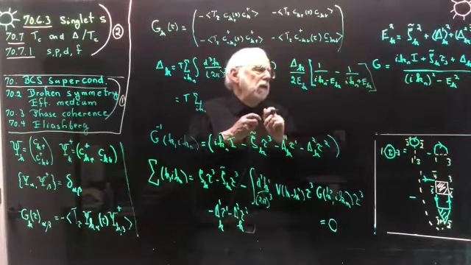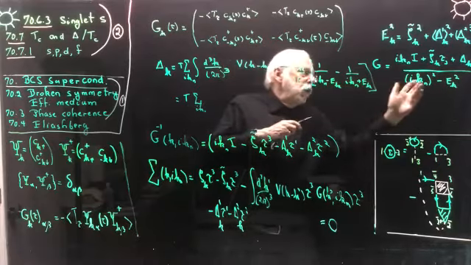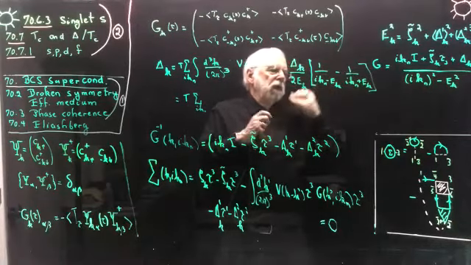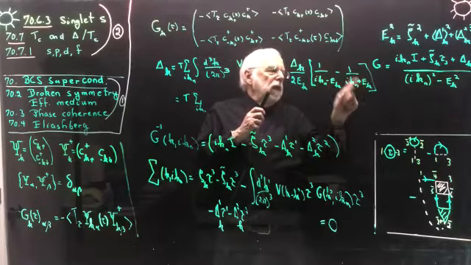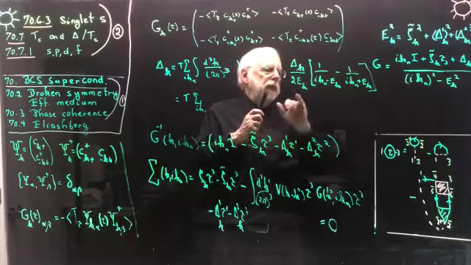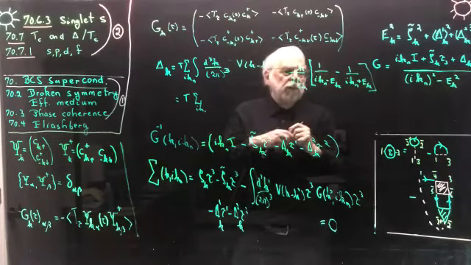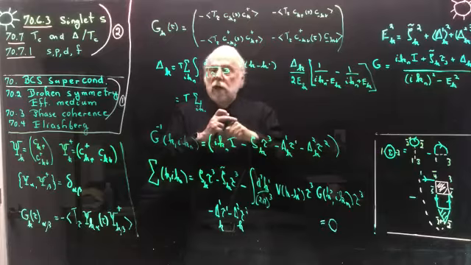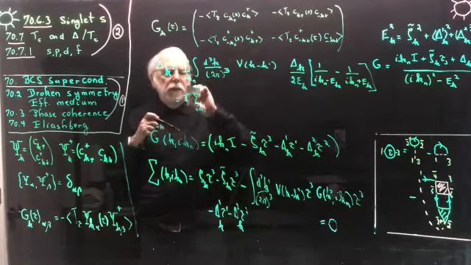Okay, you see what happens here? I put this on a common denominator. It gives me i k n squared minus E k squared. But the numerator, I have epsilon k minus epsilon k, so 2 epsilon k. So I need this because the Green's function was delta over this. So now I can do the sum over Matsubara frequencies, and I'm left with just this